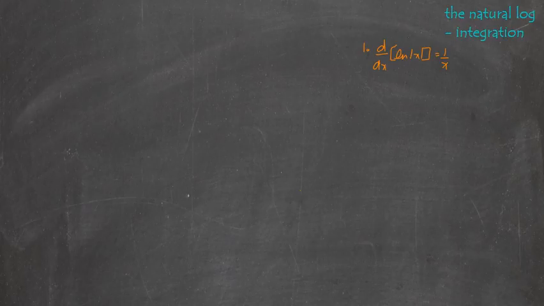Well, if I've taken the derivative of the natural log function to get 1 over x, then it stands to reason that the antiderivative of 1 over x dx would be the natural log of absolute x. And in fact, it not only stands to reason, but it happens to be true. The only difference, of course, remembering that we need plus c. So we have a rule for integrating the natural log function, just as we had a rule for